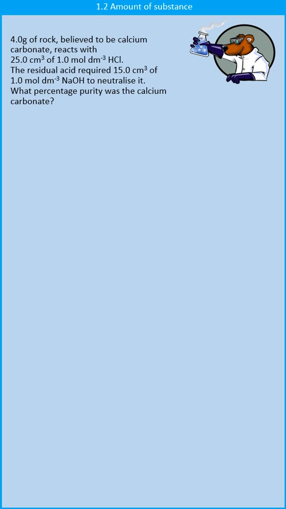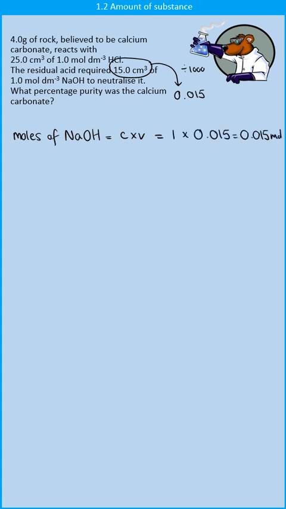So the first thing we're going to do is to look at how much sodium hydroxide it took to neutralise the leftover acid. My moles of sodium hydroxide are going to be concentration multiplied by volume. My volume there has been given in centimetres cubed, so I'm going to need to convert that to decimetres cubed. So I'm then going to do 1, which was the concentration, multiplied by 0.015, which is my volume, to get